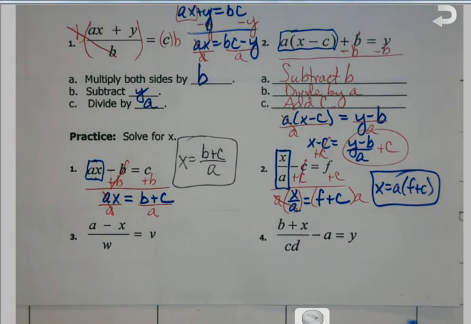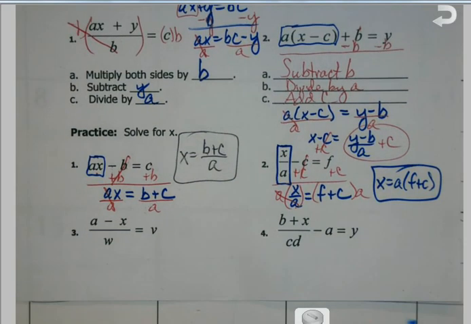Does it matter what order you put the C in after? Nope, as long as they're adding, whether I do f plus c or c plus f, it doesn't matter at all. So you're like, okay, again,